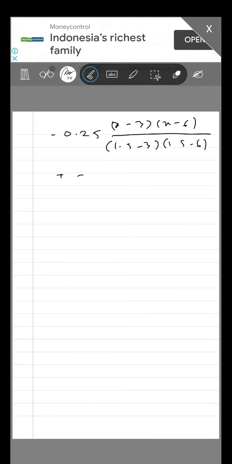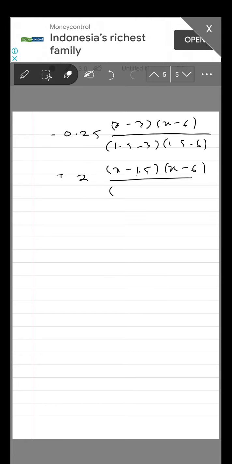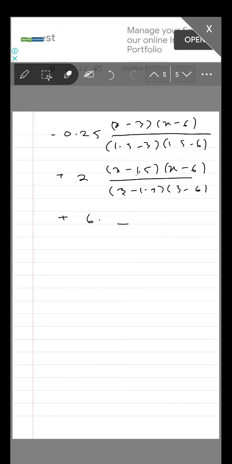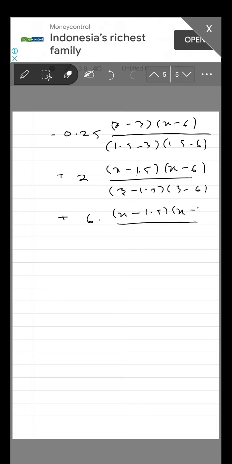Plus the second value is 2, this is fx2, it will be 2 into x minus 1.5 and x minus 6 divided by 3 minus 1.5 into 3 minus 6, and plus the last one, that is 6 into x minus 1.5 into x minus 3 divided by 6 minus 1.5 into 6 minus 3, and this value comes out to be